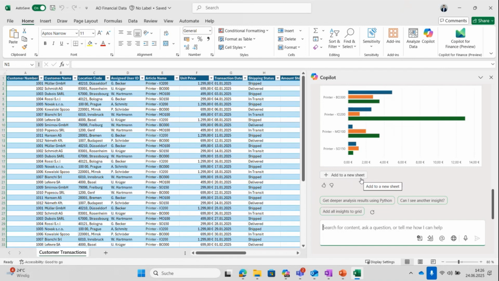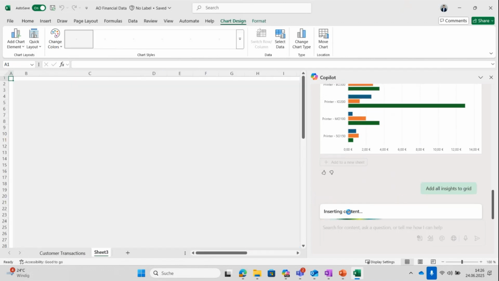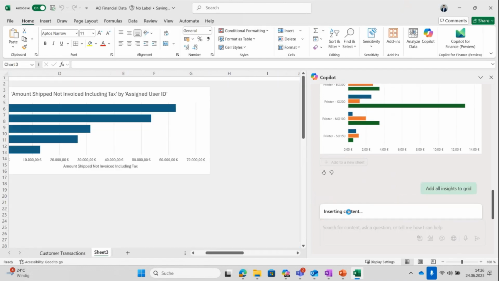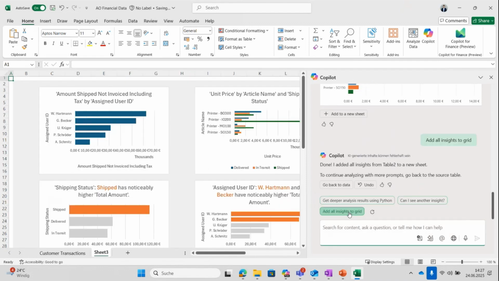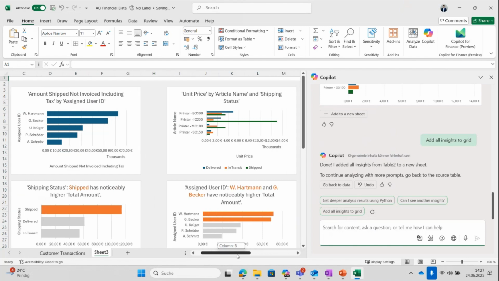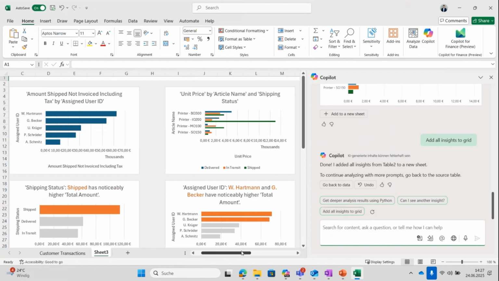I can build or can start building a dashboard, but why go step by step if Copilot is already prompting me to prompt him to add all insights into a grid? And as we know, Copilot is going to do that automatically in a new sheet. And by a grid, this is exactly what we mean, right? You can see right over here that we have all the insights that it has drawn without having given him